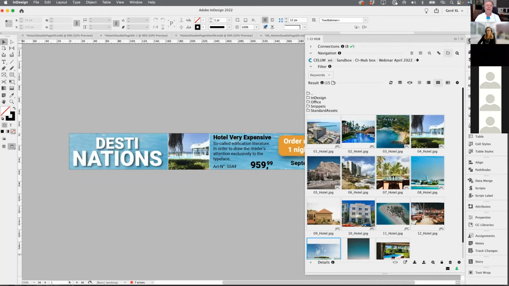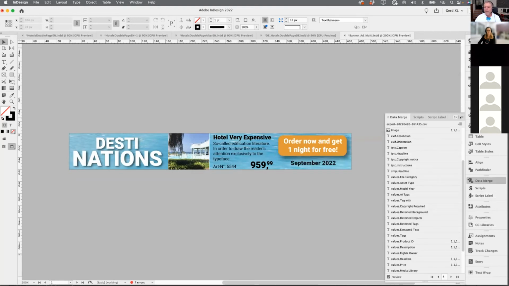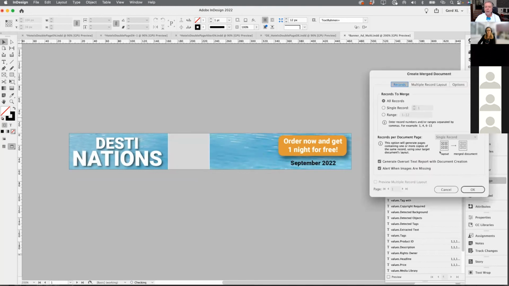That means creating 90 print-ready or PDF-ready files. It's quite easy and it just takes seconds. So if we do a merge document with all records, and I'm clicking on OK,